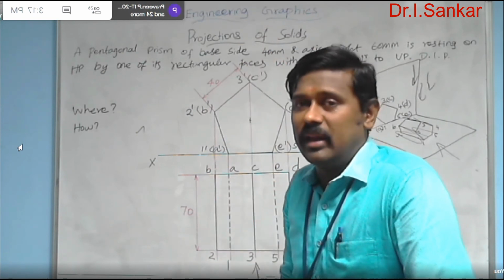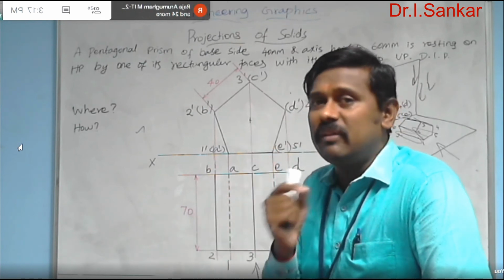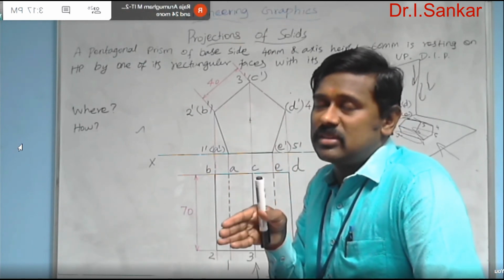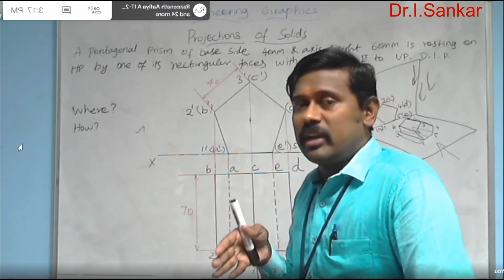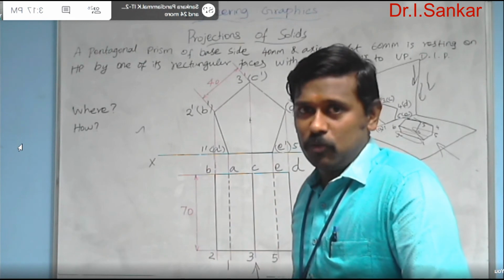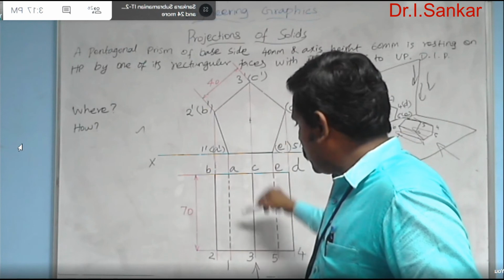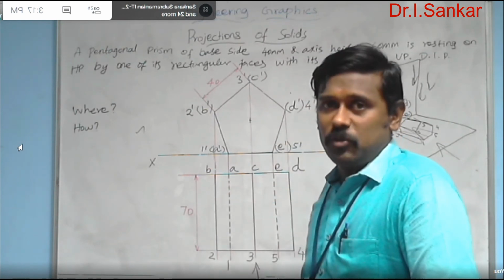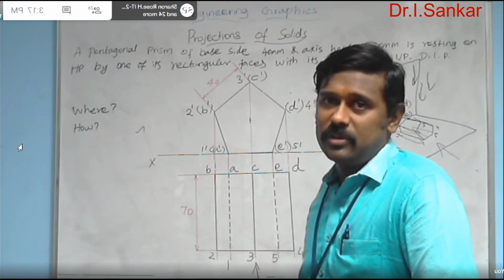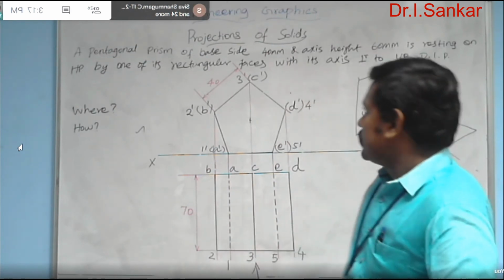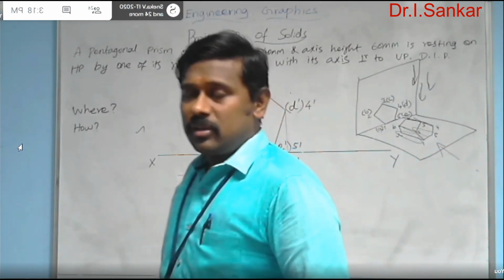So we started answering with the top view. But in this question, the object is resting on the HP by its side face. So automatically the base of the solid comes parallel to VP and perpendicular to HP. So you can see the base view only through the front view. That's why we started answering with the front view by drawing the base, followed by drawing the lateral view of the solid in the top view. So this is the uniqueness in this question when compared with the previous question. Now it's over. If you have any doubt in that, you can ask.